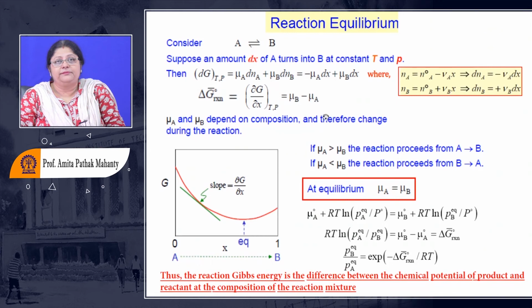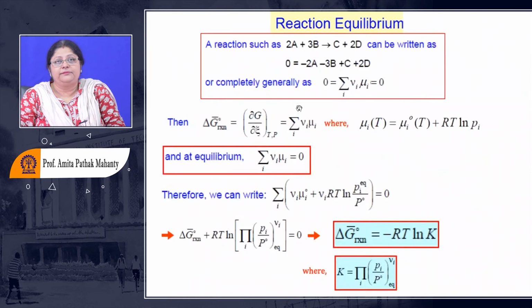Right. So if I have a number of species here, I can say the standard delta G reaction is nothing but the summation of all the chemical potentials of the species multiplied by the stoichiometric coefficient. Or in other words, I can write delta G reaction as the stoichiometric coefficient times the chemical potential. The stoichiometric coefficients of all the reactants I will take as negative and all the products as positive, and these are the coefficients which we can add.